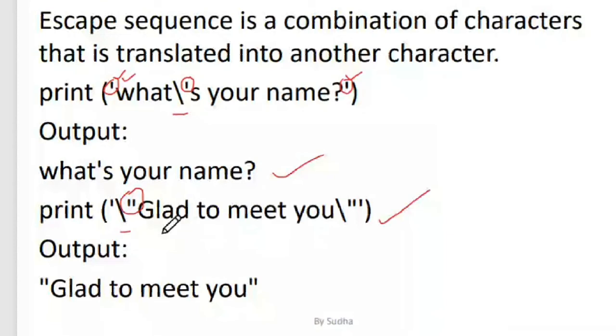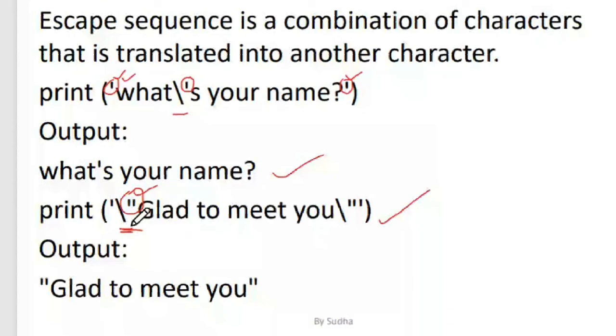Whenever this backslash appears, your interpreter understands that whatever comes after it needs to be put in the output. So I put backslash double quote, and this double quote will be printed in the output. The backslash is just for your interpreter to understand this is an escape character.